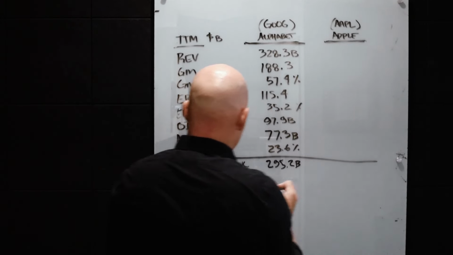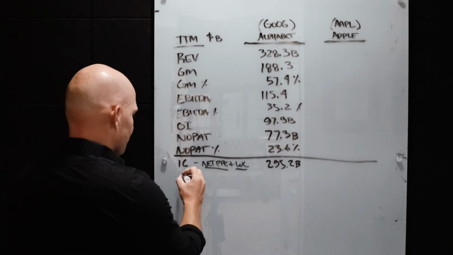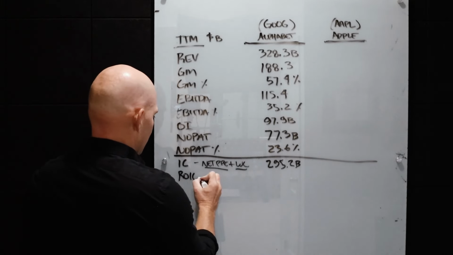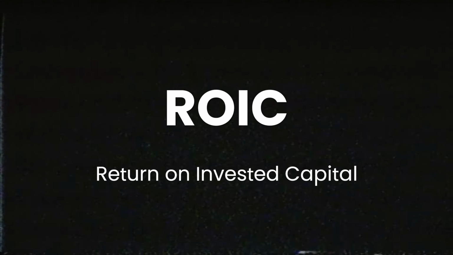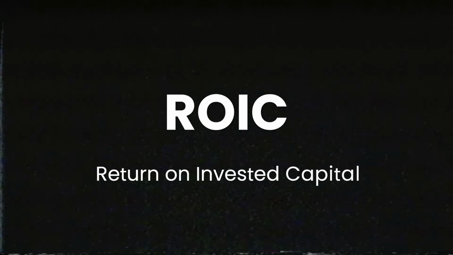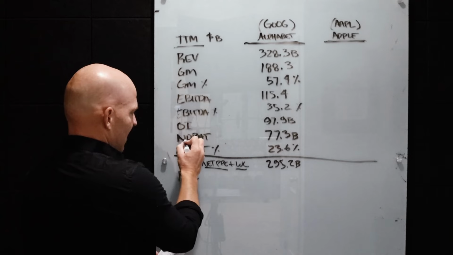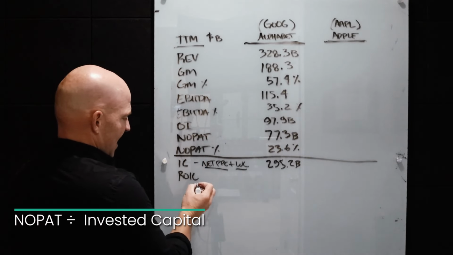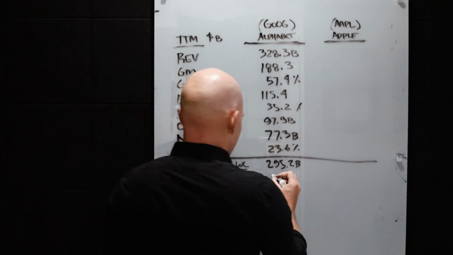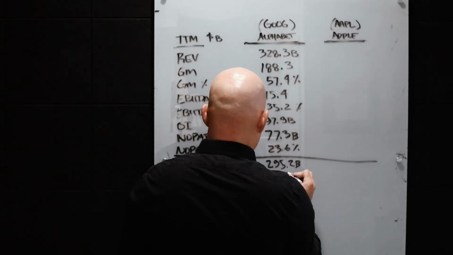295.2 billion in invested capital, and a metric that I like to look at when I'm evaluating companies is return on that invested capital. So to find this, you just take net operating profit after tax right up above here, and you divide that by invested capital. All right, so the return on invested capital for Google is